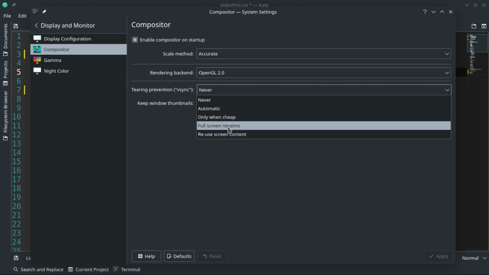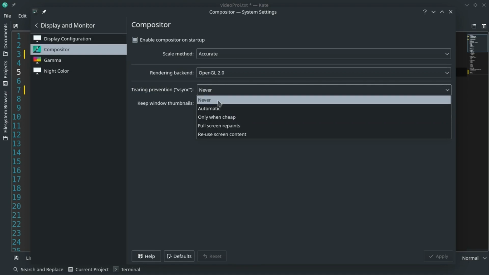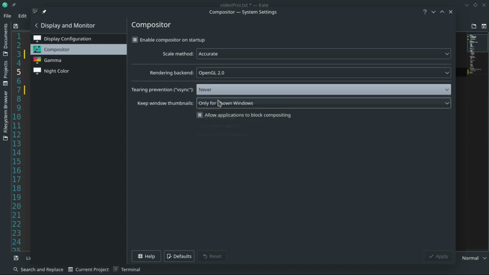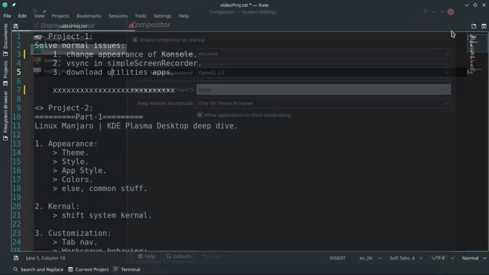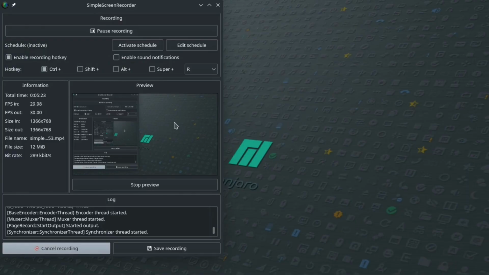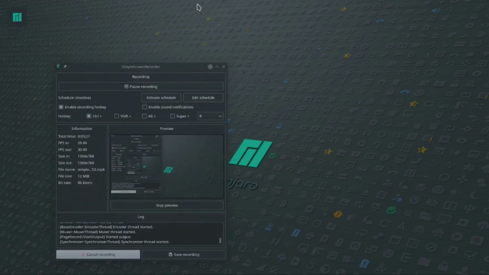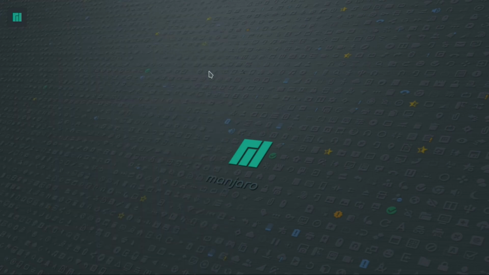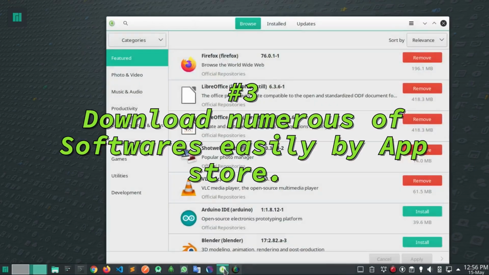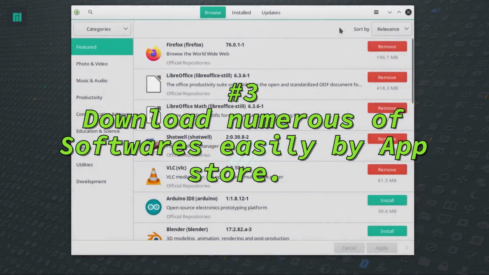You just have to change the value to never. Select the never value and save it. Then you can easily see that your screen recorder works smoothly. This is the second issue that a lot of people are facing, and this is the solution. Okay, so the next one is the app store.